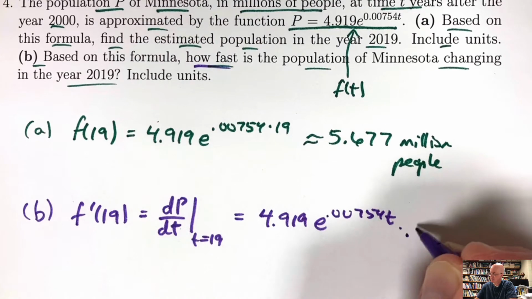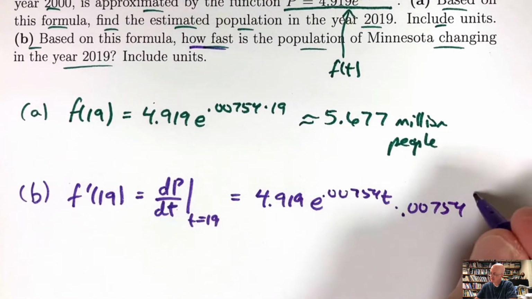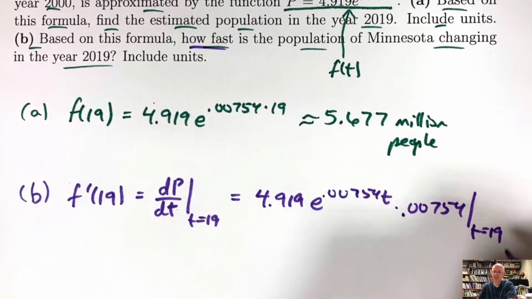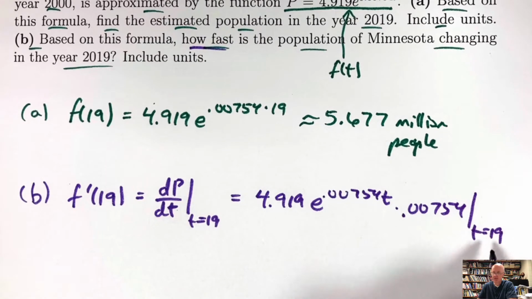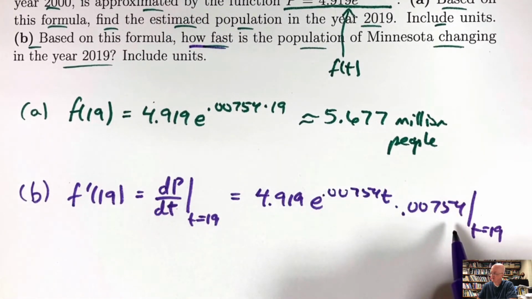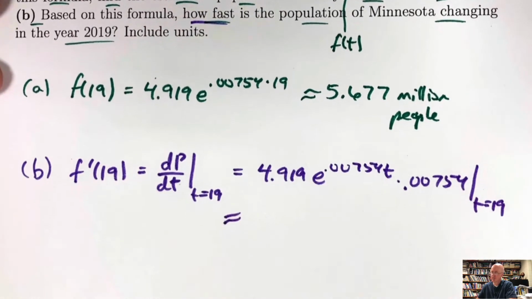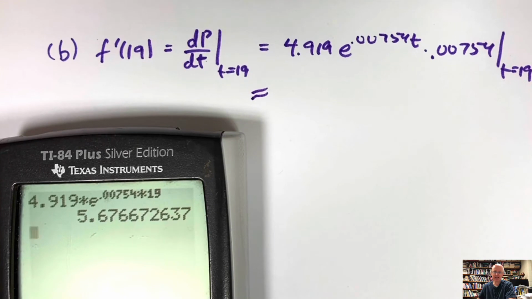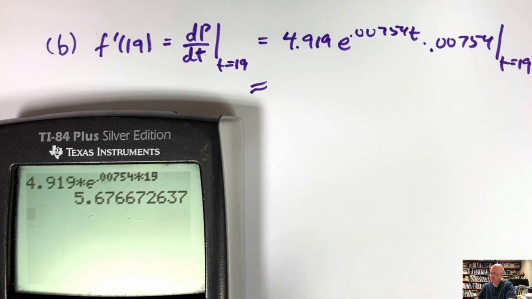That's going to multiply by 0.00754. And actually now if you plug in t equals 19, and if you think about what just happened, that's the same as the original function value at t equals 19. So I can take the previous answer and I can just multiply by 0.00754. That's very interesting and nice that you can do that. Nice property of exponential functions with base e here. And so I just take this previous answer, I've already computed that part, just multiply this now by 0.00754 to get about